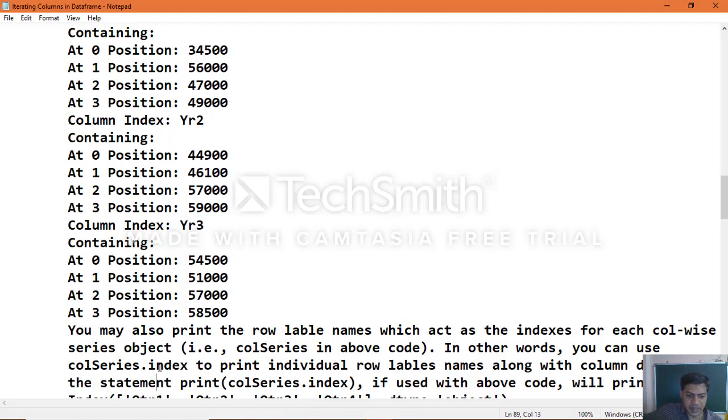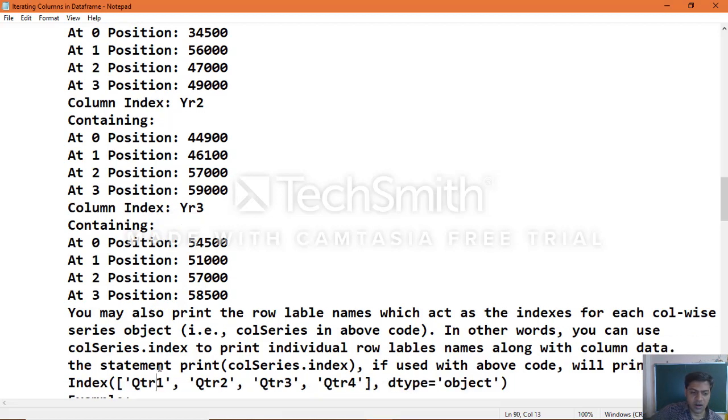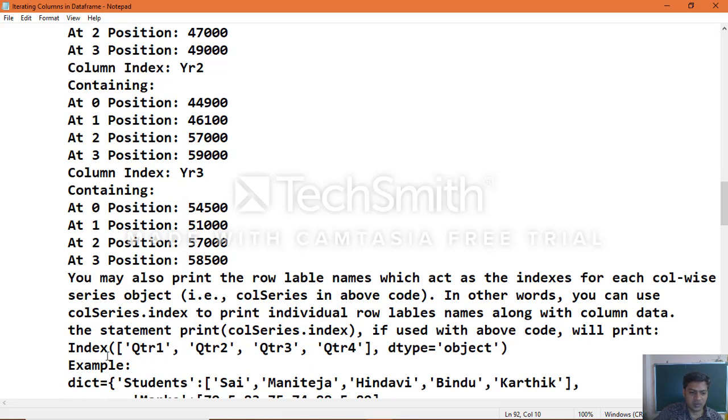The statement print column series.index, if you use it with the above code, will print the row labels, the index of all the 4 quarters. Each quarter is represented by one row, quarter 1, quarter 2, quarter 3, quarter 4. Okay, so that is how it will extract the row label names by using column series.index.